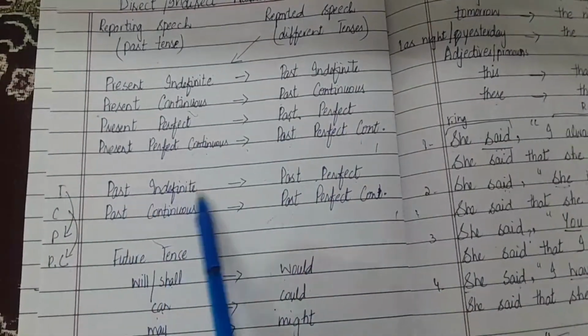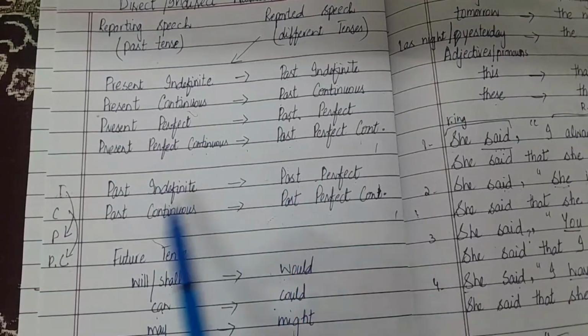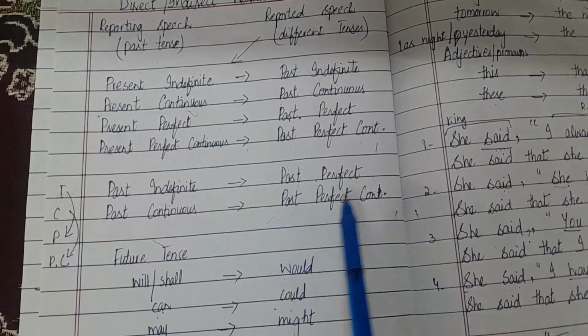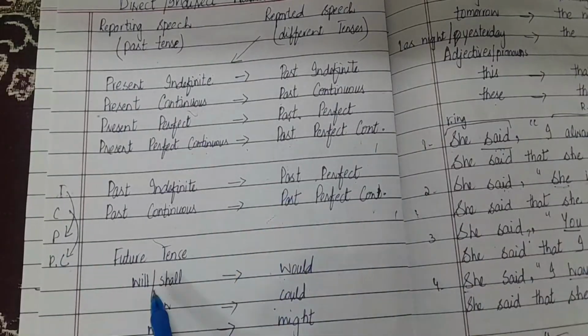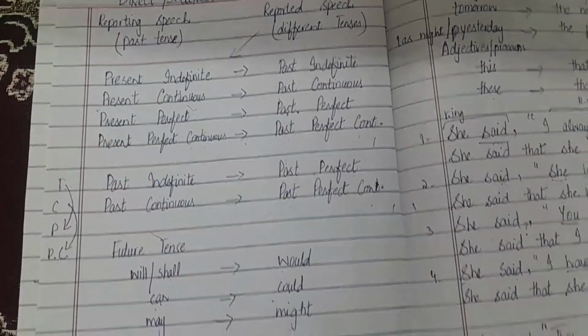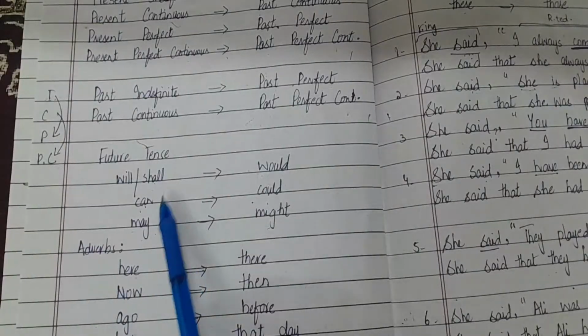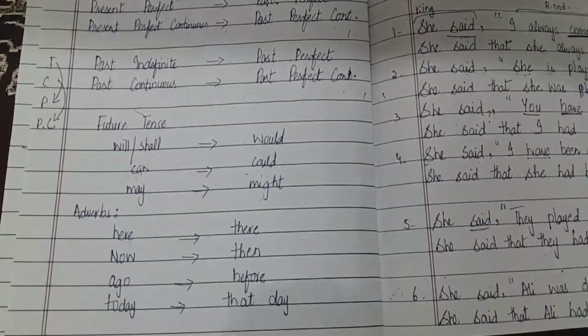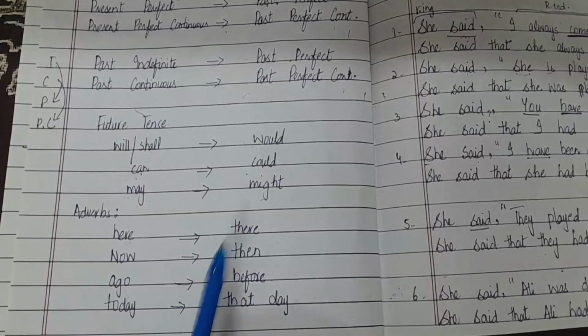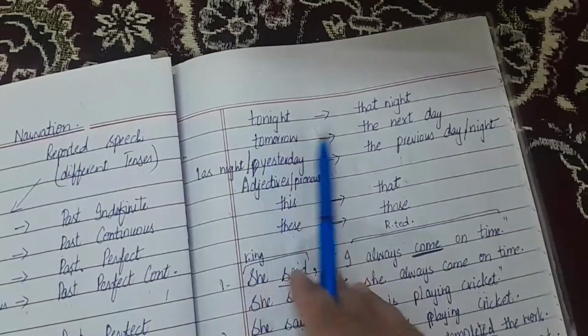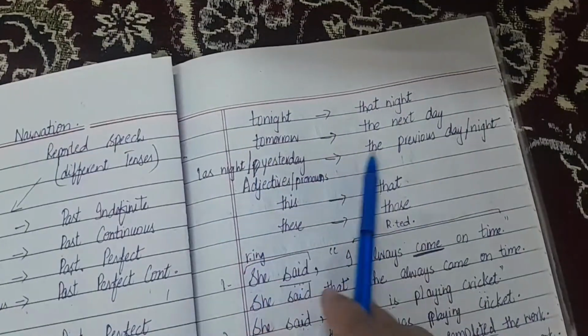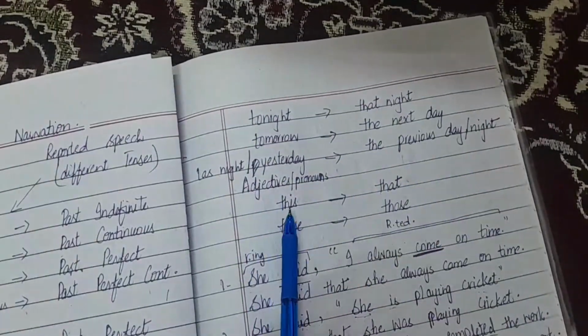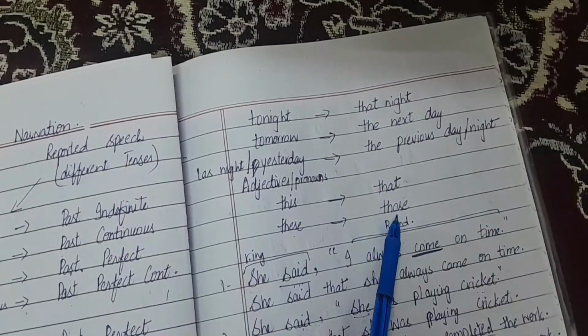If it is past indefinite, you will take it into past perfect, and if it is past continuous तो past perfect continuous में लेकर जाएंगे। विल शैल आ गया तो आपने वुड लगाना है, शुड नहीं लगाना। कैन आ गया तो कुड आ जाएगा, मे हो गया तो माइट आ जाएगा। एडवर्ब्स में आपने हेयर देयर में ले जाना है, नाउ इनटू देन, अगो इनटू बिफोर, टुडे इनटू दैट डे, इनटू नाइट इनटू दैट नाइट, टुमारो इन द नेक्स्ट डे, लास्ट नाइट, यस्टरडे, द प्रीवियस नाइट। एडजेक्टिव्स प्रोनाउंस दिस दैट आ जाएँ तो दैट और दोज में चेंज हो जाते हैं।